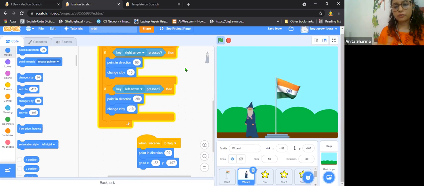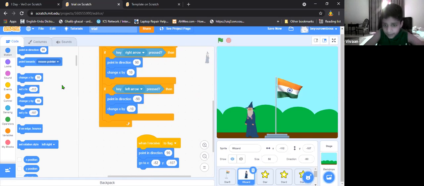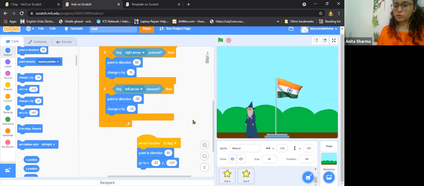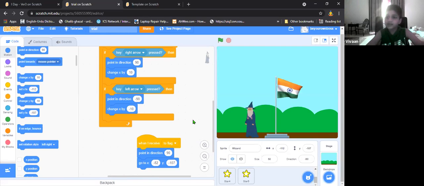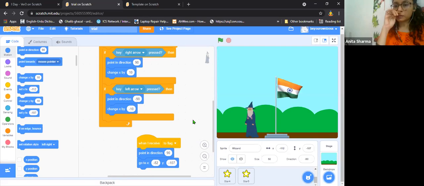Okay, so there is a way we can fix it. There is a block, you know. When my fifth star does not show. Okay, so initially is it there? Yes, ma'am, I have the fifth star, but it does not show. Yeah, because just below the flag, you are not showing it up. You are not using that block show.